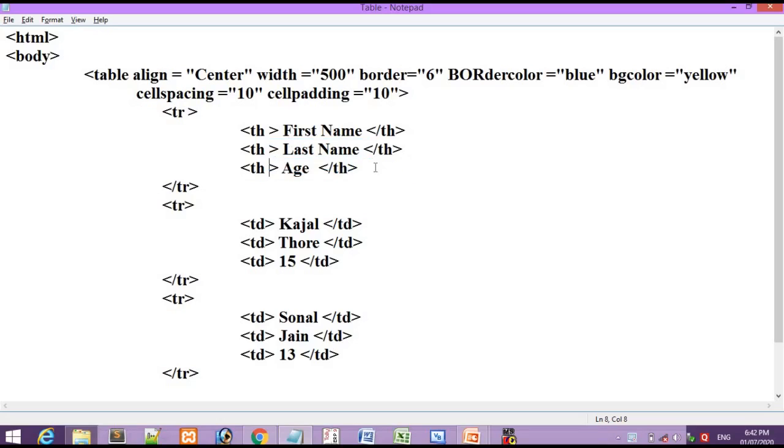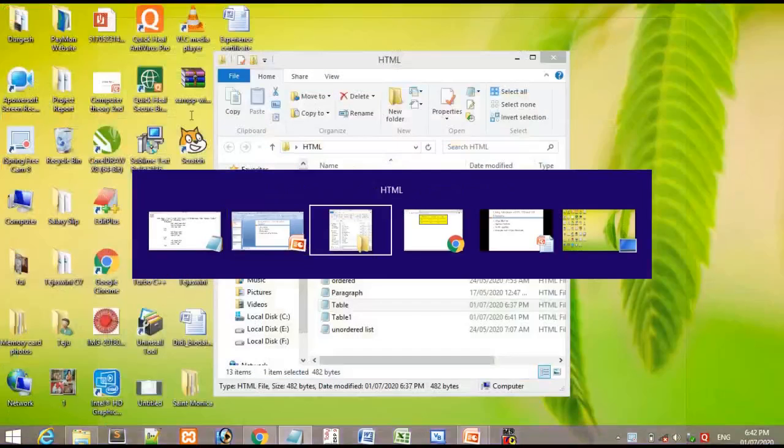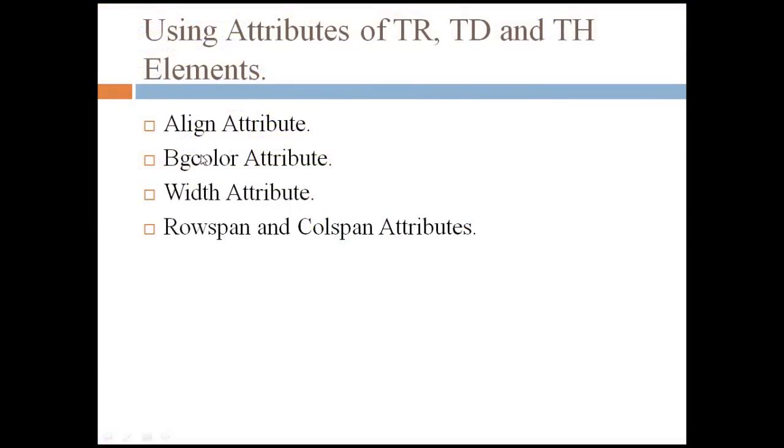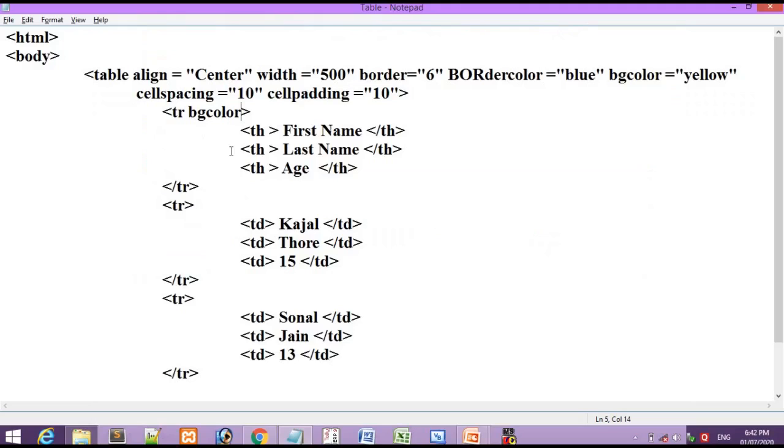Now let's see how to use them within the particular tag. So first, going with the tr tag, I am going to use my bgcolor attribute. Now this one is the bgcolor attribute. I am going to use it in the row of the heading tag.